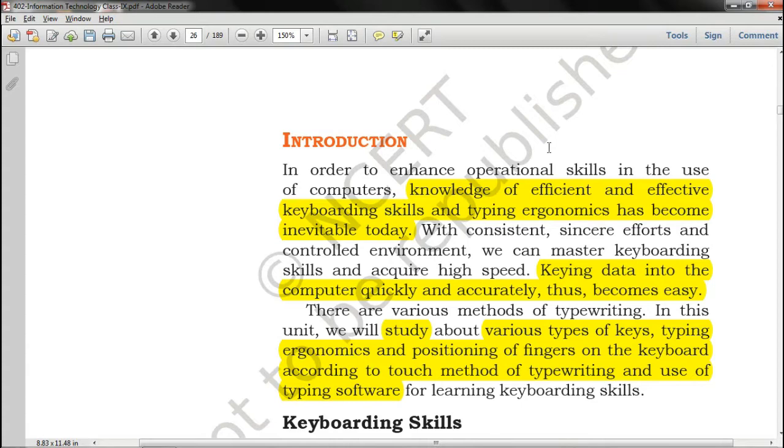basically your keyboarding skills, how much you are improving yourself in increasing the typing, in data entry.